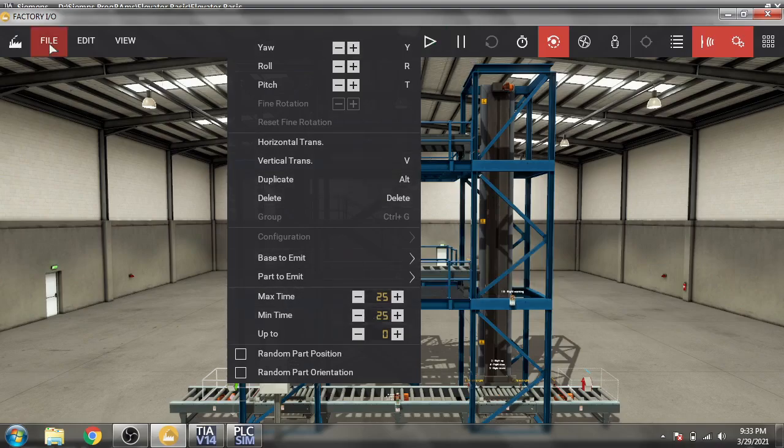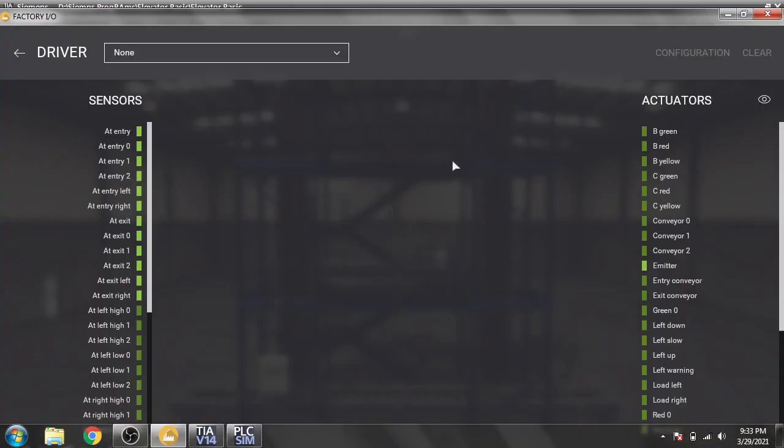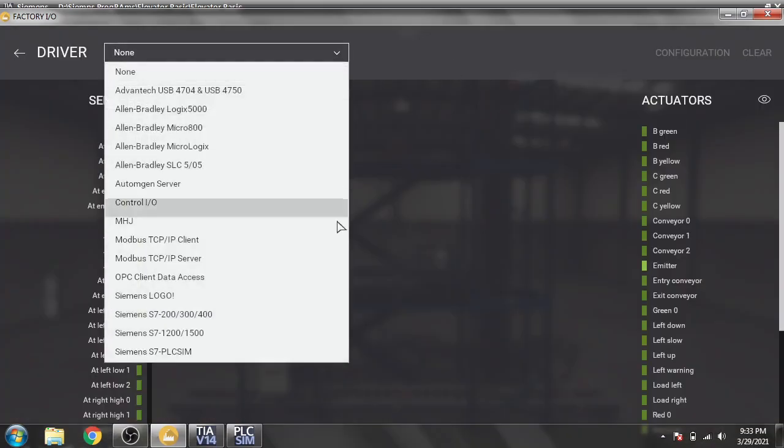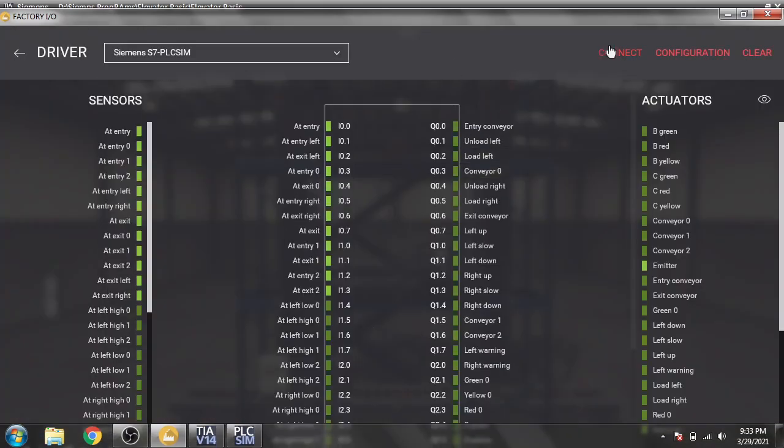Now I'm going to traverse, set, go to PLC sim, and connect it to my PLC sim.